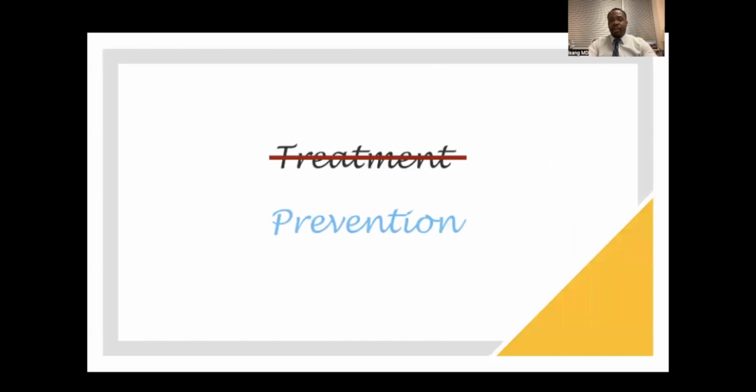Start talking to them about things to look out for. Start talking to them about seeing their doctor at least once a year to get their annual checkups to prevent something bad from happening. Ideally, in the future, we want to eliminate treatment and just try to focus on prevention. But this is an active process, from me talking to you guys, and from you guys sharing information with your family and loved ones.